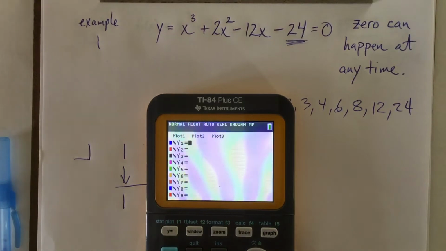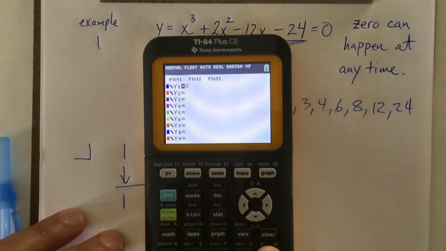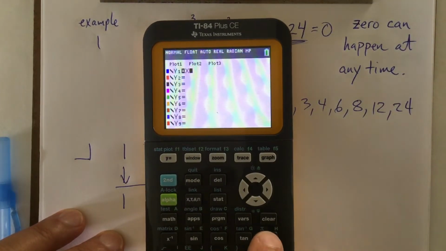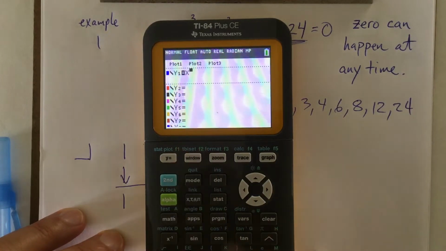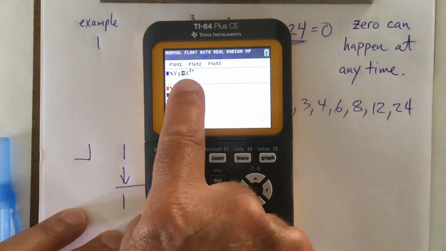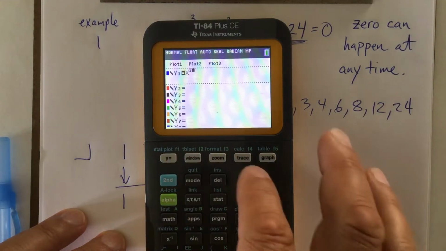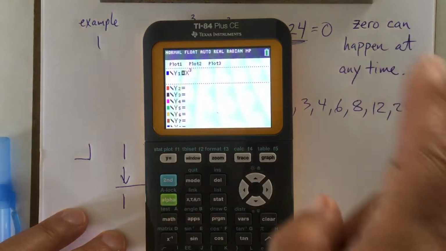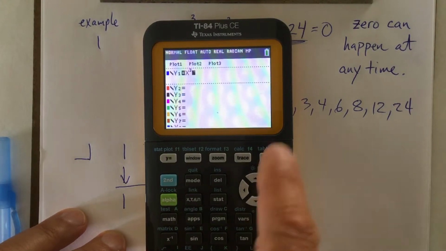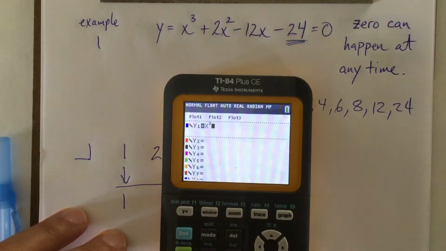I want to enter in x to the third. So I'm still going to use the x button and my power key, the caret key, but then you'll see it goes up as an exponent. So x to the third. But if I try to do plus the next number, it'll stay up in the exponent. I don't want that. So I have to know what to do here. What I do is use the side arrow and it drops it down. Then I can continue. So x to the third plus